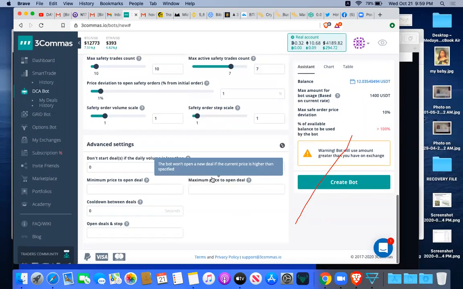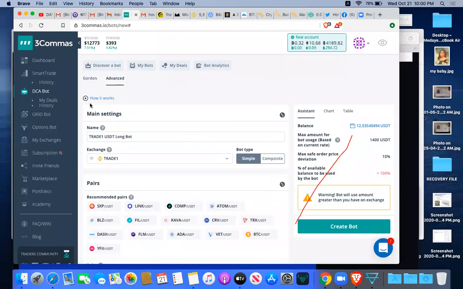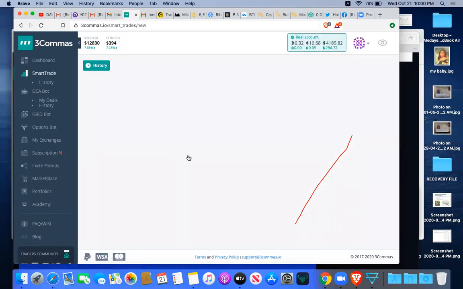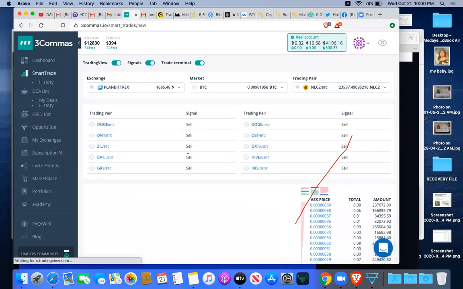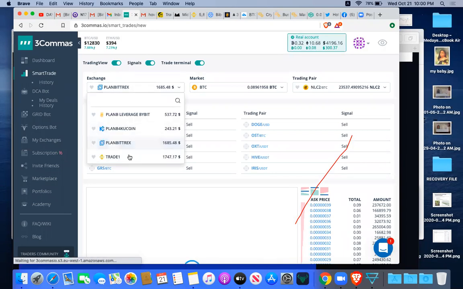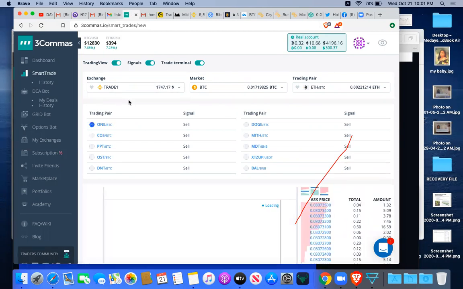And then every other setting here is by default, just click create. So your bot will be running and making profit, selling and buying is its own business. Where you can see this explained, this trailing and all of that, is here. I use trailing for my smart trade. Always remember which exchange you want to use. I have KuCoin, I have Bittrex, so you always select it. Maybe that's where you have money, and where the particular coin you want to trade is listed. So you have to select the exchange.